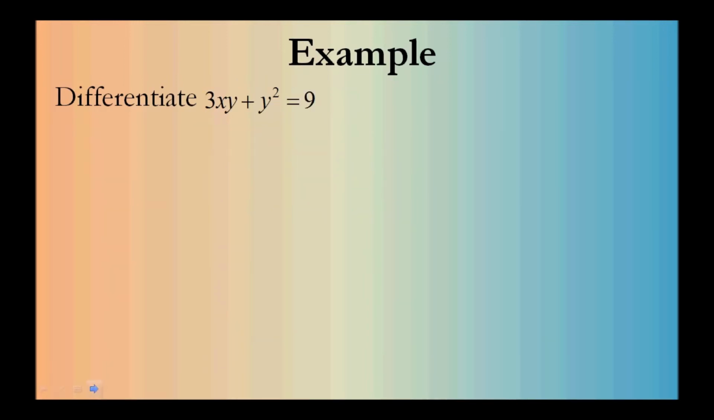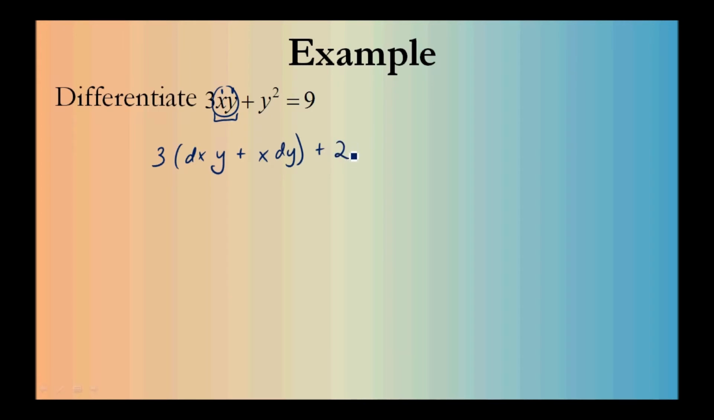Differentiate 3xy plus y squared is equal to 9. Again, we'll differentiate. Here we have a slightly different situation because we have an x and a y together. So what we'll do is we can just bring the constant down and leave it alone, and we'll use the product rule here because we have a product of x and y. So the derivative of x, so 1 dx, the derivative of the first times the second, plus the first times the derivative of the second, so dy,